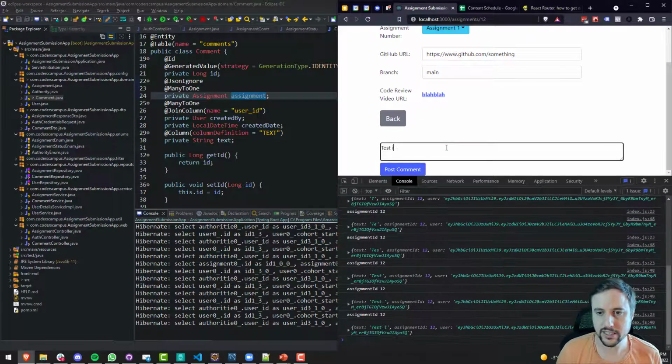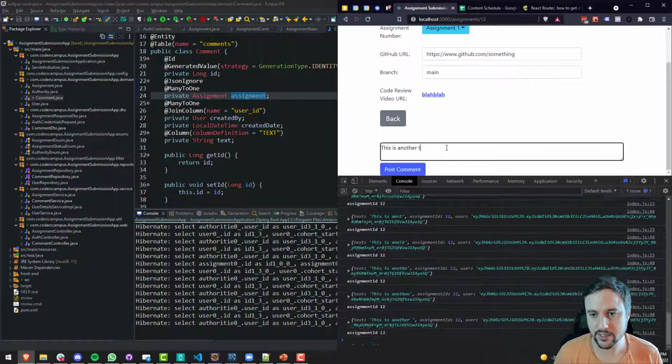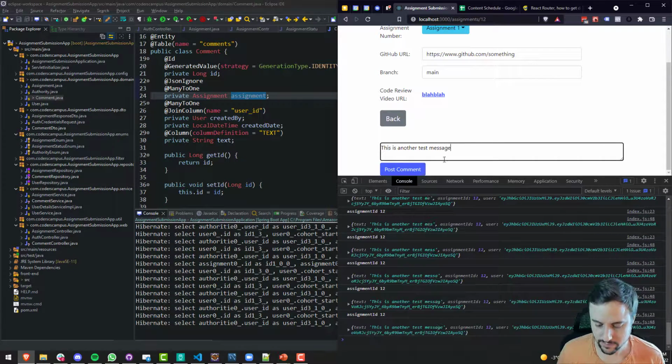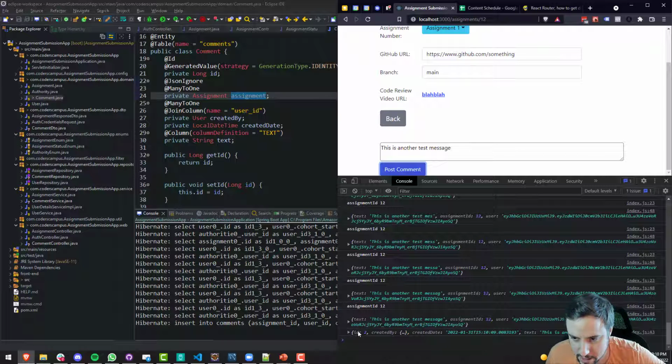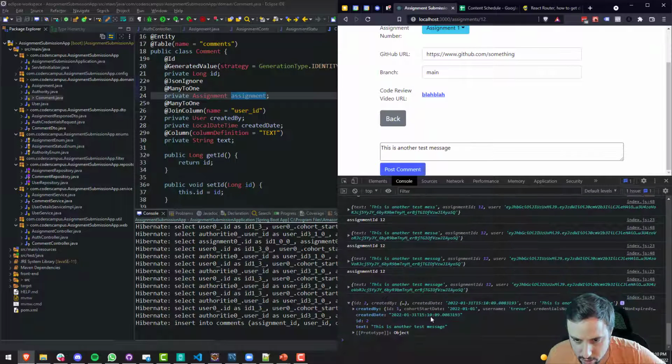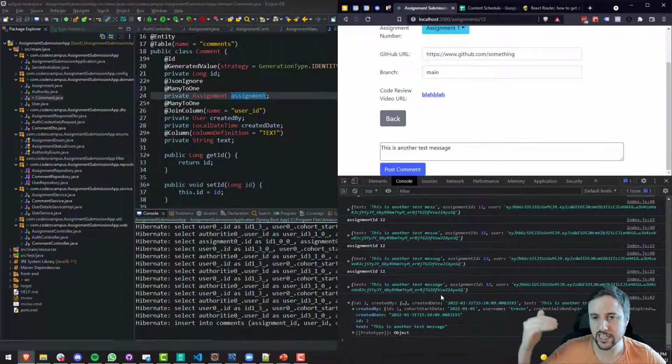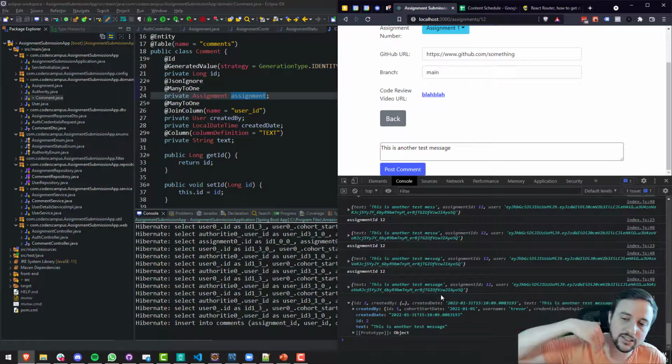So this is another test message. Post. Boom. So we did get a response this time: ID 2, created date, text, "This is another test message." So beautiful. We have now successfully inserted it into the database from the front end, and then sent the response